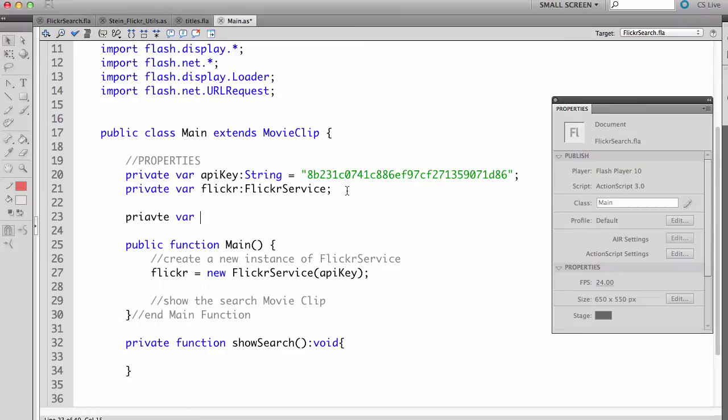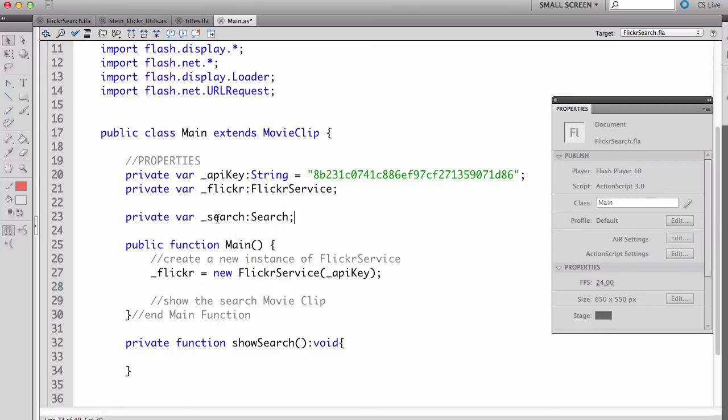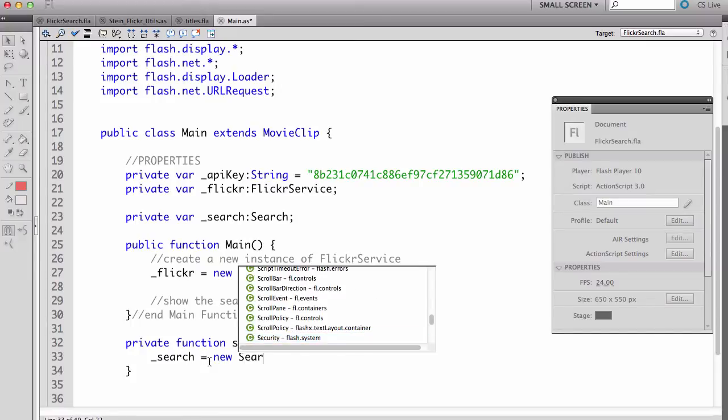And what I didn't do here actually, which I should do, I'm going to keep with be more consistent here about using underscore in front of private variables so we know what's private and public and get in that habit. So I didn't spell private right either. Private var search, and then it's going to be of type search, like so. So in the show search, we're going to create that search equals new search,